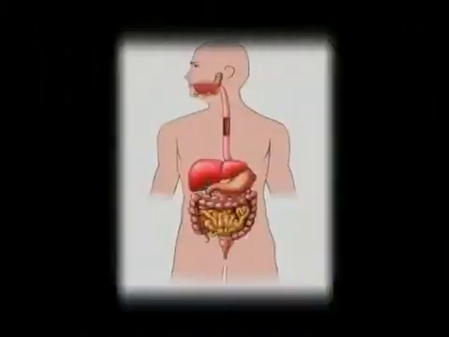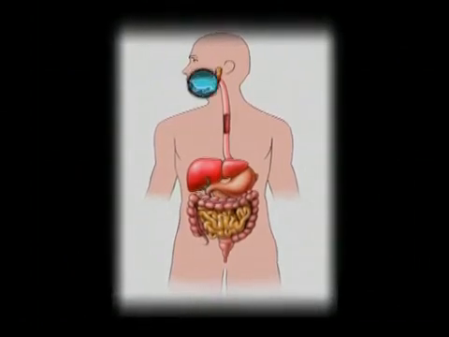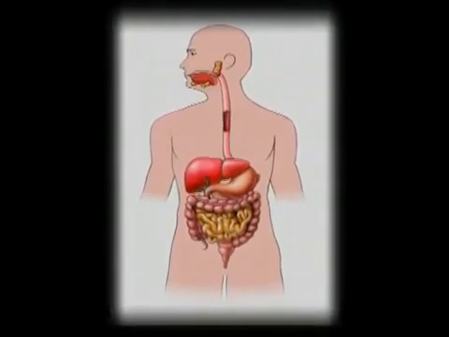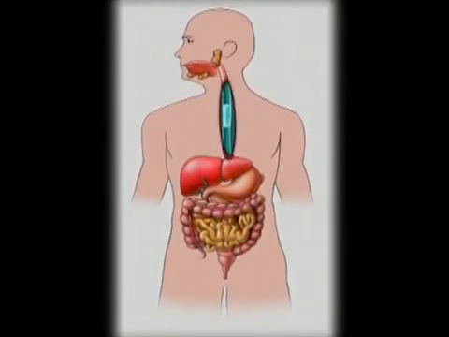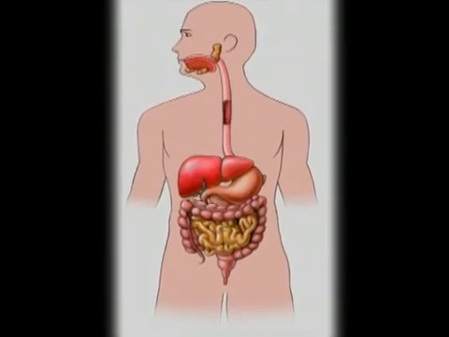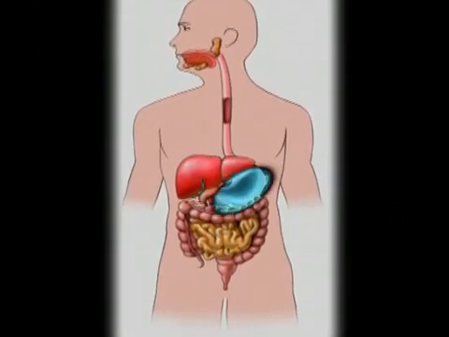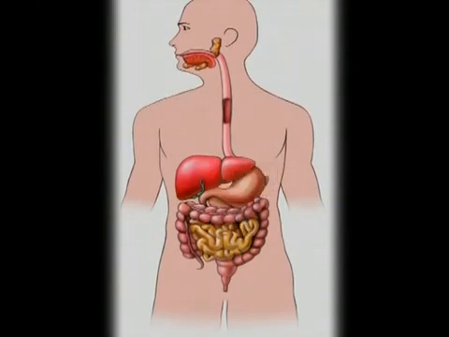Now, the organs of the digestive system can be divided into two groups: primary digestive organs and accessory digestive organs. Let us first see what the primary digestive organs are. First, the mouth, then the pharynx. Pharynx is basically a funnel shaped structure just behind the mouth. Then the esophagus, a tube that connects the pharynx with the stomach. It's just behind our sternum. Then the stomach, a bag like structure. Small intestines, the tube like coiled structures, and finally the large intestines.